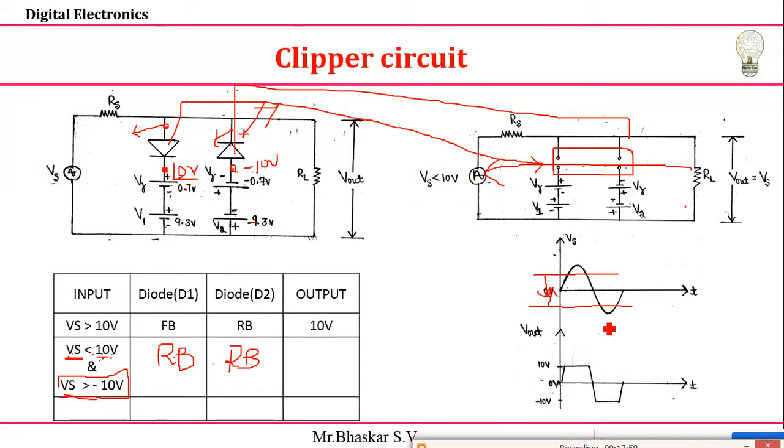So that's why come to here and here. You can see this shape, after that it will come to here. In between these two conditions, whatever the input shape is, the same shape is followed here. Carefully you see that between minus 10 and plus 10, the same shape, whatever the input shape is, is followed here. And here output voltage I'll get is Vs. Clear about this? Is it clear?